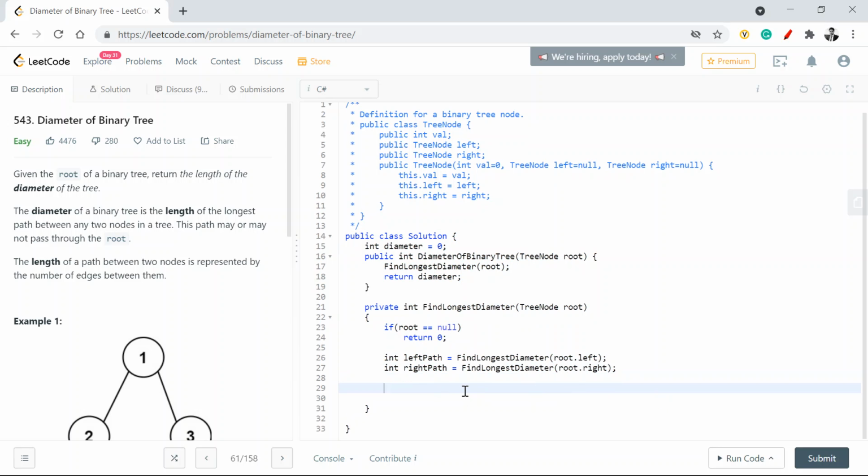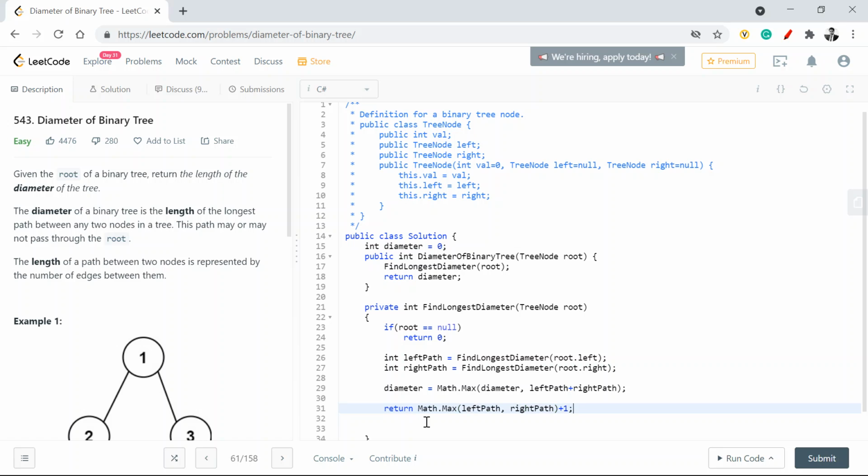And my diameter will be math dot max of diameter comma left path plus right path. And next we are going to return math dot max of left path comma right path, plus 1.